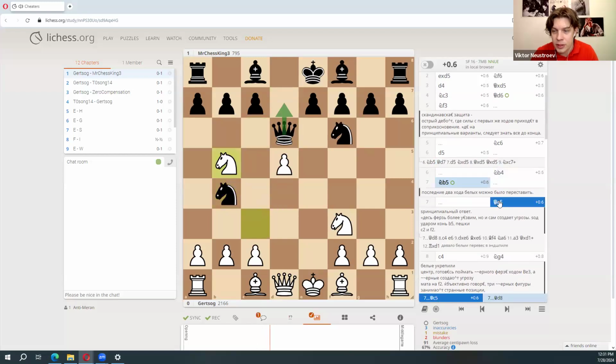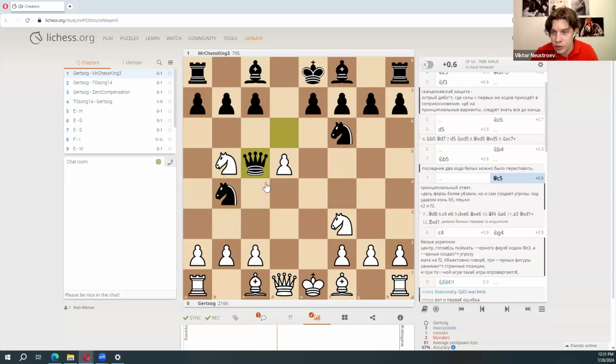Or maybe he spends a lot of time and came up with the queen c7 move, where the queen is the object of the attack, but at the same time creates threats himself. So he played queen c5, and he did it quite quickly. Unfortunately, there are no timings here, but okay. I'll show you this game later.